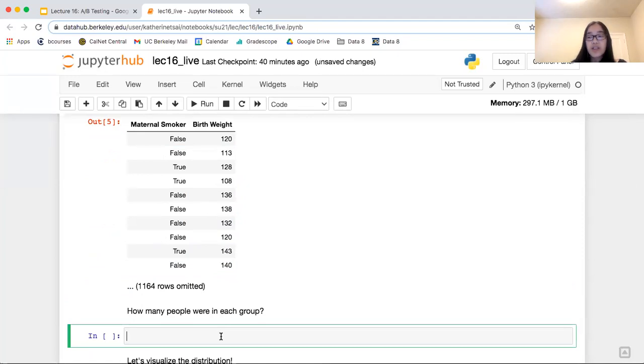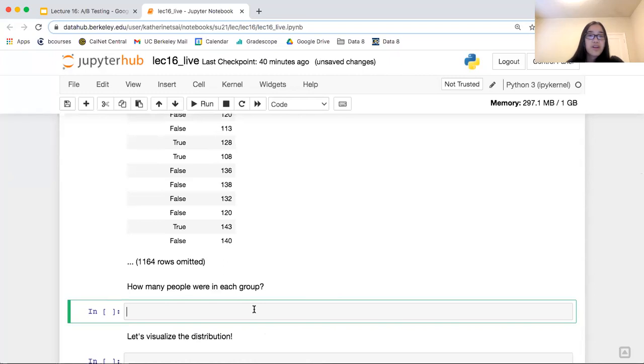And let's see, okay, so how many people were in each group? So remember how you can get a table that looks like maternal smoker, where there's one row for each, so I guess one row for true, one row for false, and then how many people were in each group in the second column.